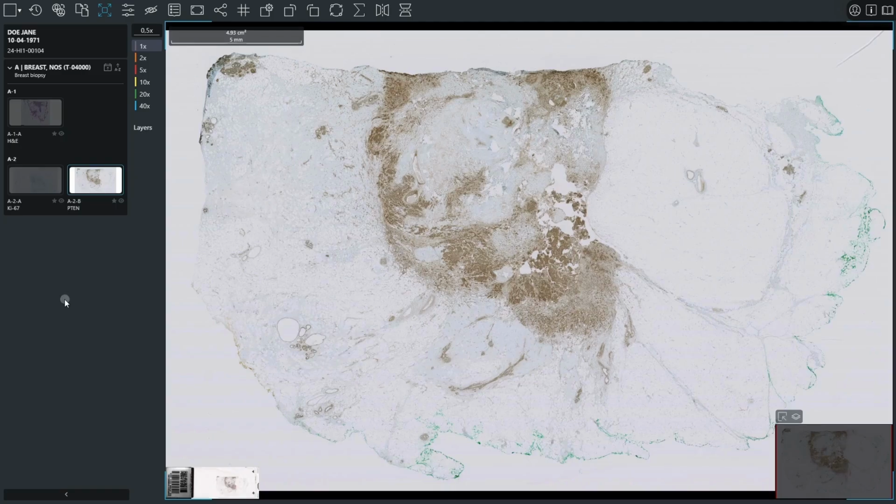The virtual tray provides direct access to all the digital slides associated with the case. At the top of the virtual tray, the patient's name, birth date, and case ID are displayed. Below this, thumbnails of the digital slides are arranged according to the case hierarchy. Each part section includes the code of the part, its topography, and its description.